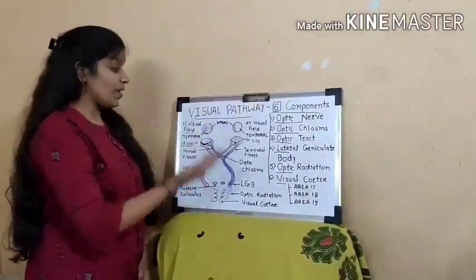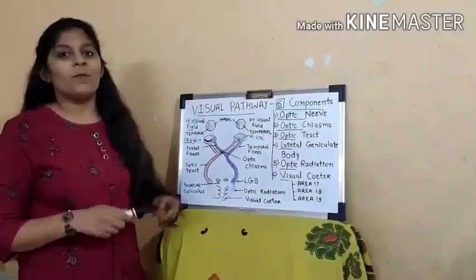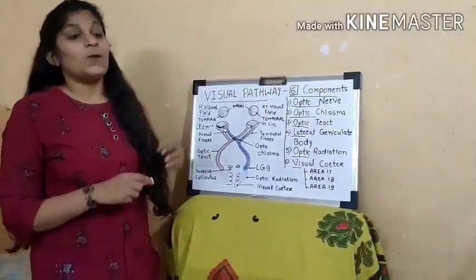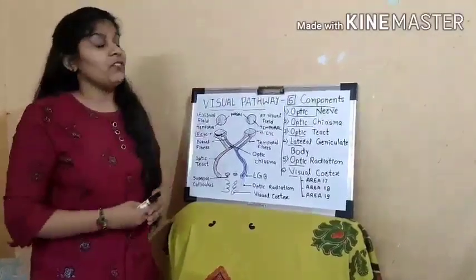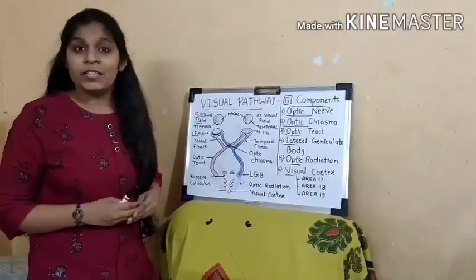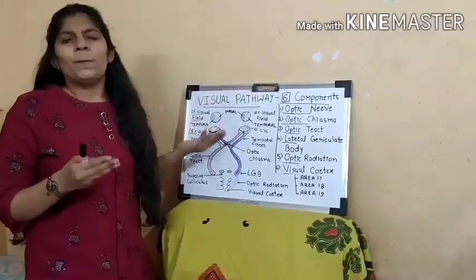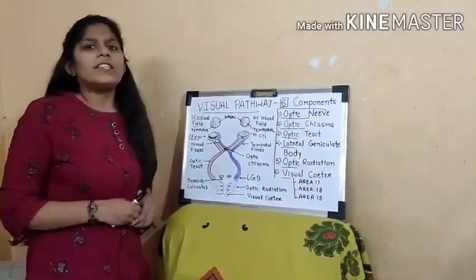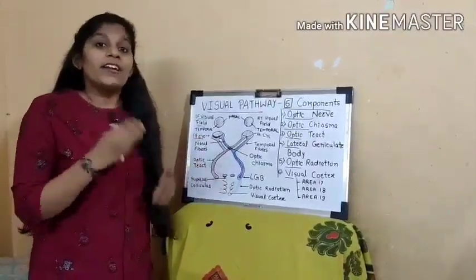Using such a complex mechanism, we can see the objects surrounding us and also enjoy the beauty of nature. So all thanks to God who gave us such a wonderful mechanism of vision in a proper manner. Some people may lack it, some people may have defects in vision. Let's see what the defects of vision are.